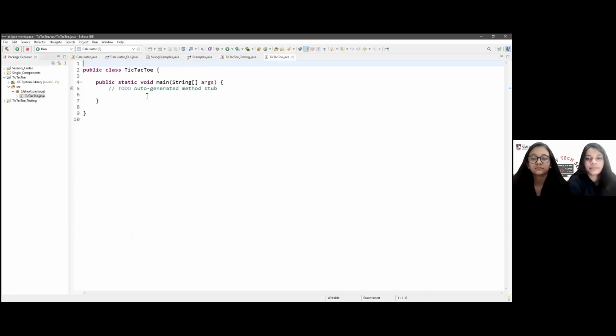Okay, so let us create an instance of TicTacToe within our main class. We are going to type in the name of the class, TicTacToe, and we'll need a name for the instance. I'll just call this tictactoe, all lowercase.